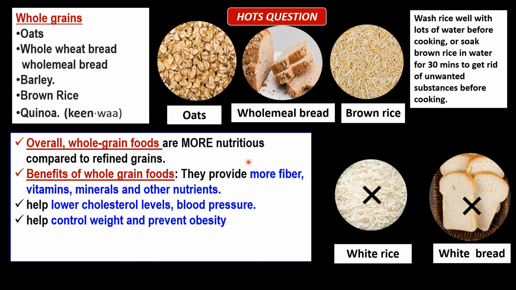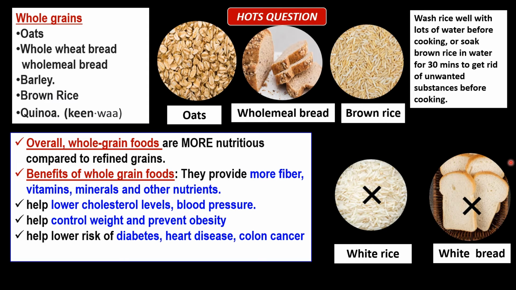So they are digested very fast, and this will cause the production of sugars, the end product, very fast, and then it will cause a sudden increase in the blood sugar level. Okay, so eating whole grain foods will cause the sugars produced to be released slowly into the blood, and this will help to regulate the blood glucose levels. So it reduces the risk of diabetes mellitus. So it is recommended that at least half of all the grains eaten daily by a person be whole